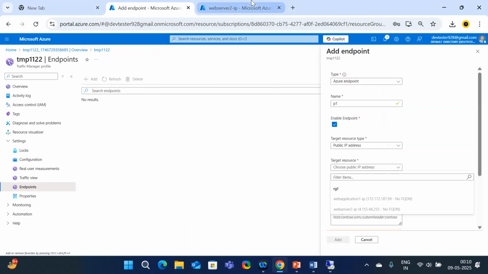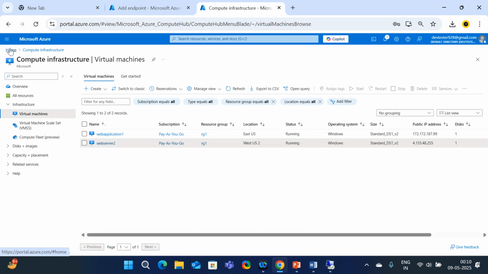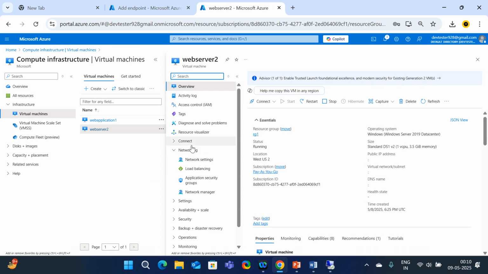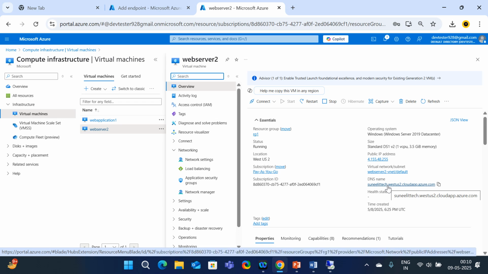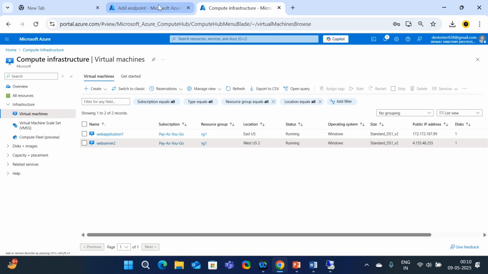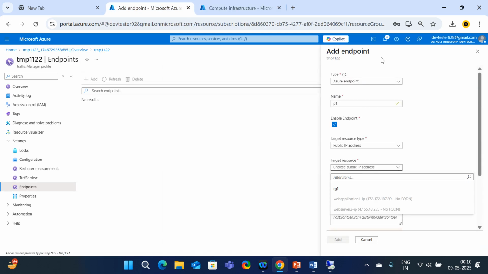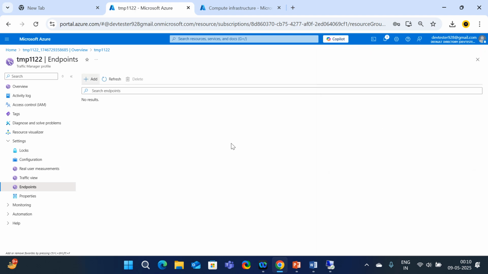Here come down. So here come to the web server 2 and click on the web server 2. Here check whether the DNS is configured or not. Yes, the DNS has been successfully configured for both the VMs. So right now go to the endpoint. If you want to create one more, just click on add